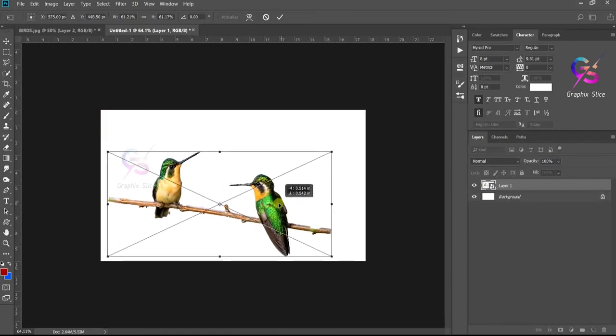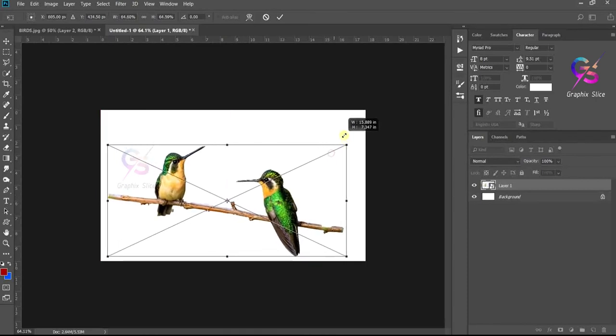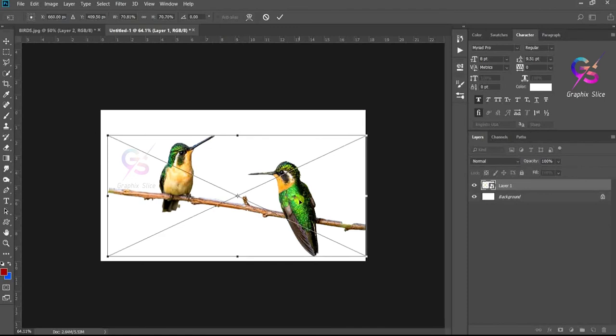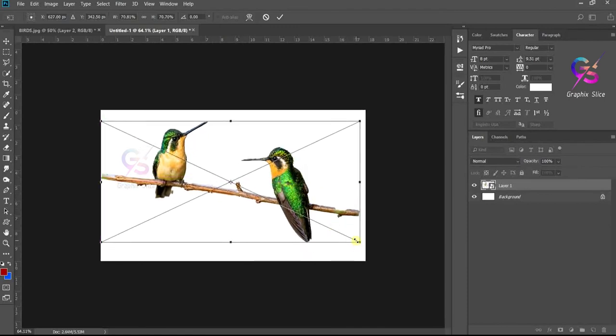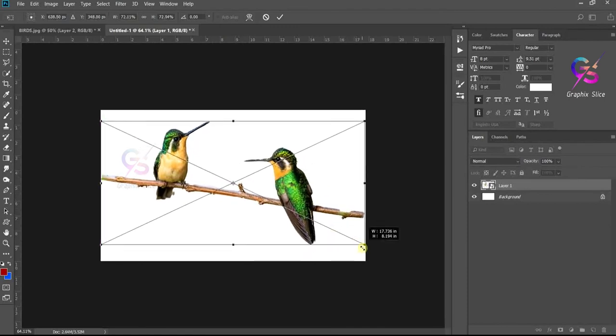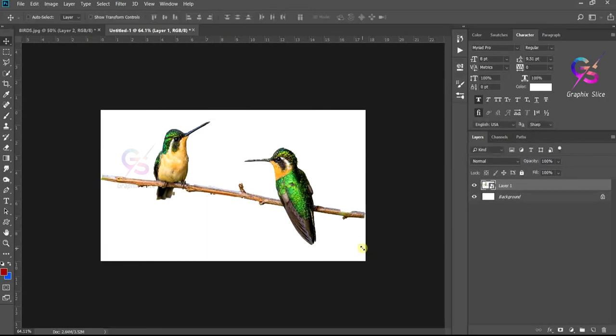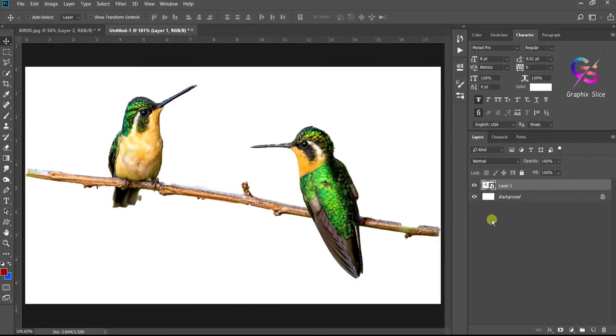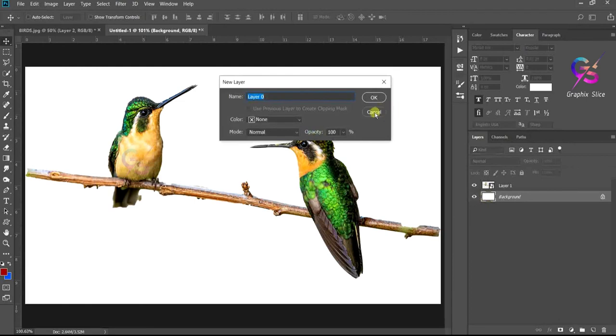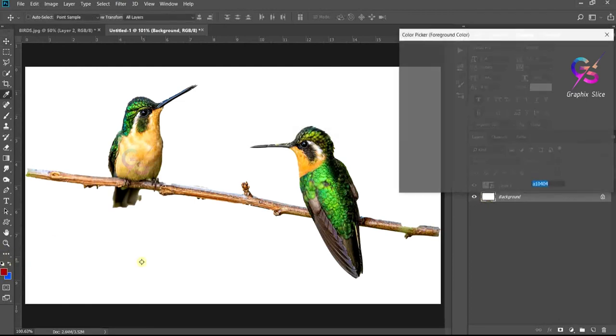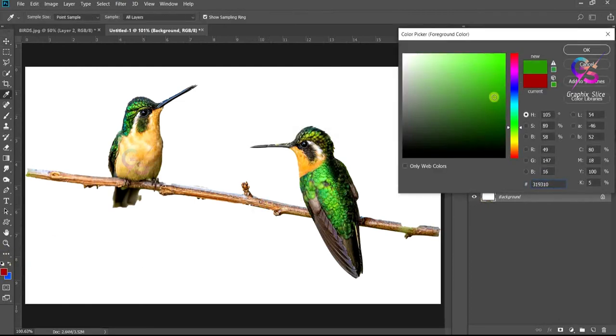For any manipulations, or if you want to add any components, you can use it like this by using the mask tool and hiding all the remaining layers. Just save in the form of PNG and you can use it. If I change the background color, how will it show? See here what will happen. Background color, green or red, whatever it may be, you can choose. Just Alt Delete or Control Delete. See,